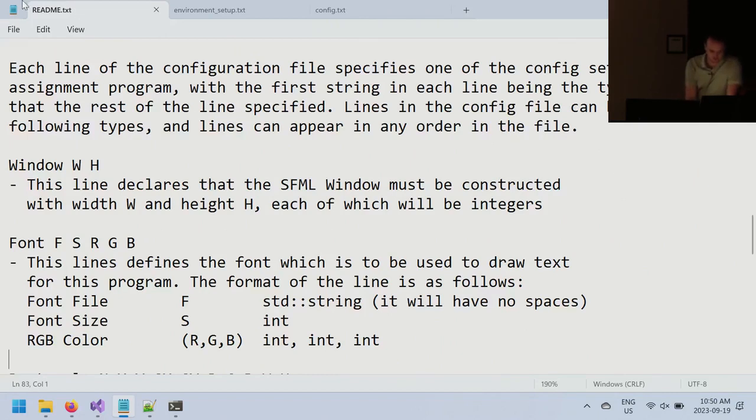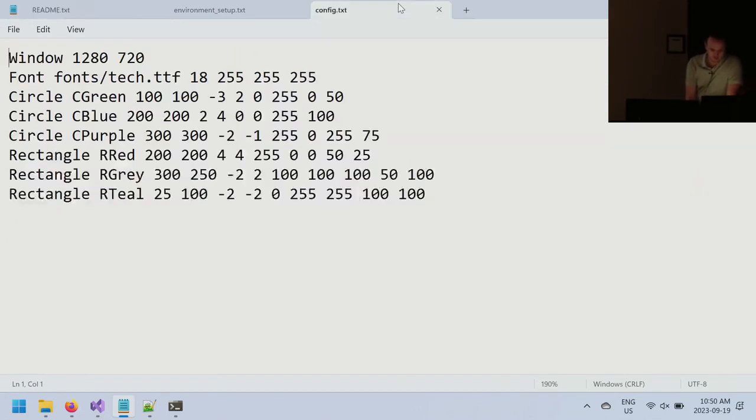So if we go over to the config file here, you can see that I have window 1280 by 720. So that's a 720p configuration. Feel free, if you're not submitting the config file to me, you can change this to whatever works for you and your screen size. Okay. The next line